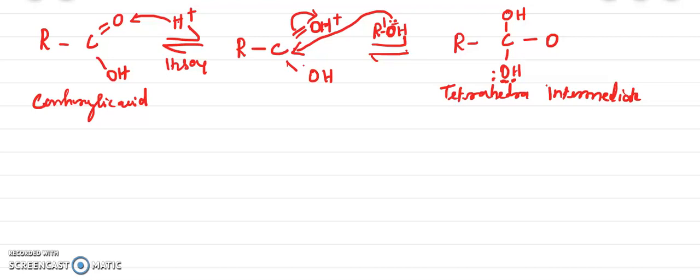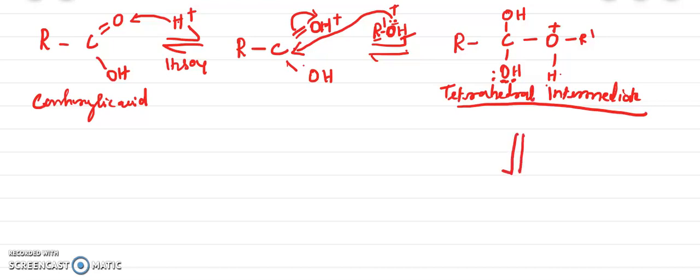So you can write it like that. R dash you can write here, and here you can write the H, correct? With the oxygen atom there is an attachment of R dash and an attachment of hydrogen. But once this lone pair is moved here, there is a plus charge, that we have to write here. So this is the tetrahedral intermediate compound that we have got.